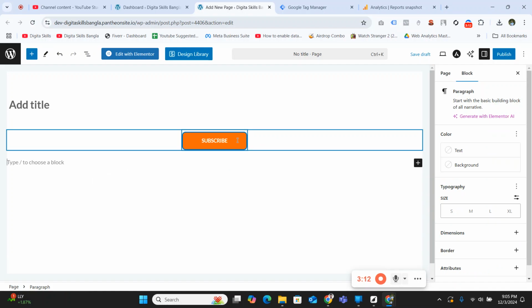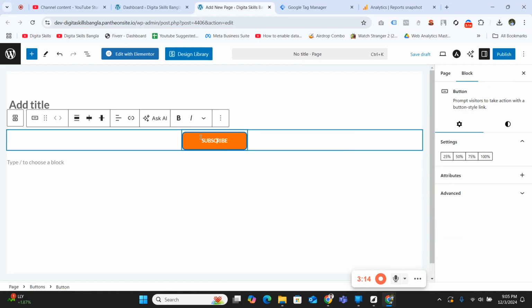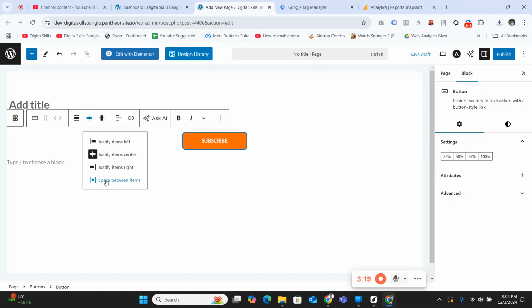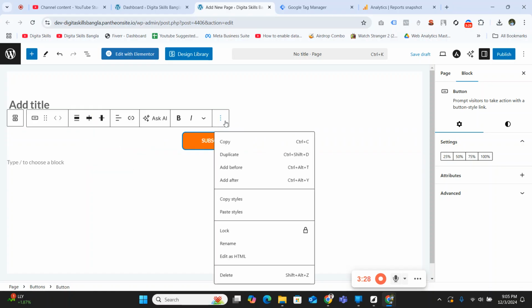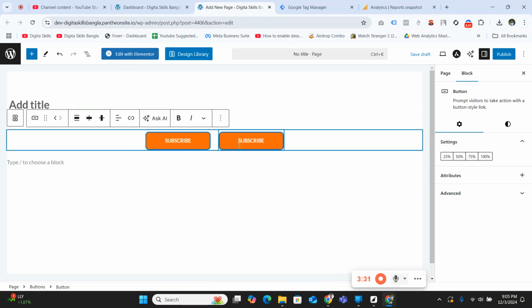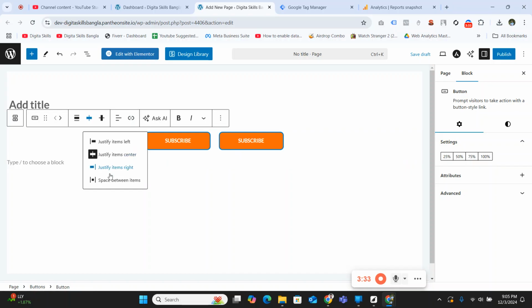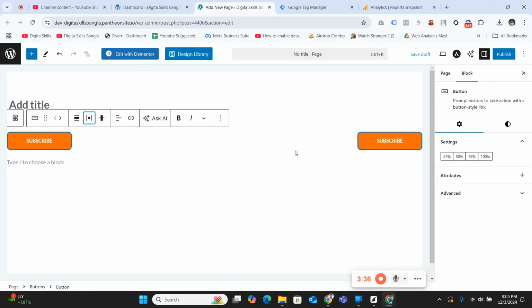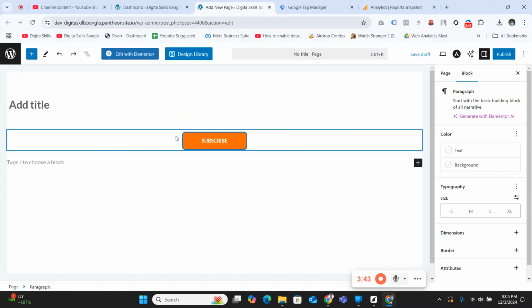if you have two buttons, then you click the space between, and this button will be on the left and the other button on the right. So if I click on duplicate and then this button, okay, and click on space between, you will see that space between works in that way. So I clicked Ctrl Z,